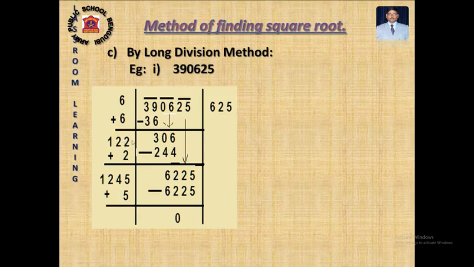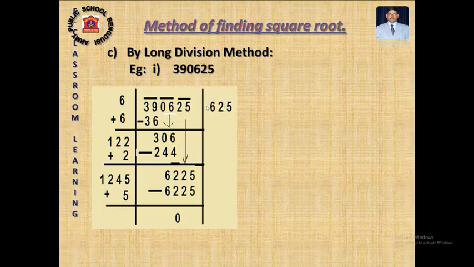If you put a 3 here, that means 3 times, 3 times means 300-something. You have only 306, so it will be more. You cannot take more. So what to do? Then 2 times. In the quotient place, you write down 2, and here also you multiply by 2. The result is 244. Now subtract this. I am getting 62. After subtraction, I am getting 62, and bring down the last pair of numbers here.